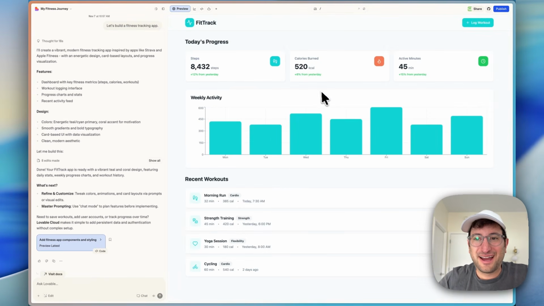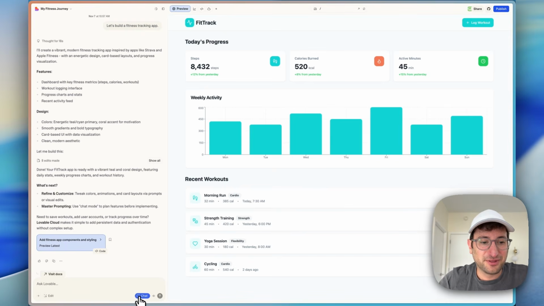All right, here we are. We have our initial version of our app created. So let's go ahead and test it out. I'll click log workout, but nothing seems to be happening. So that brings me to the next tip, which if we go down, we can just go ahead and use